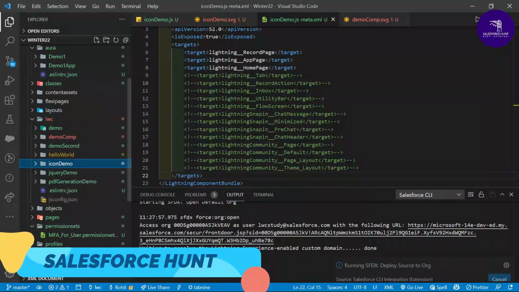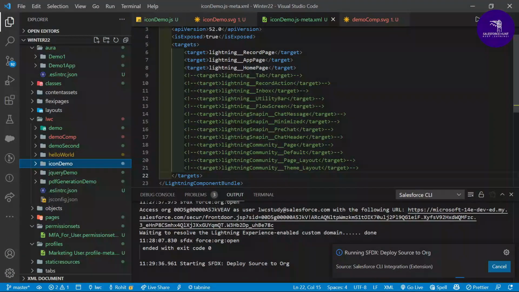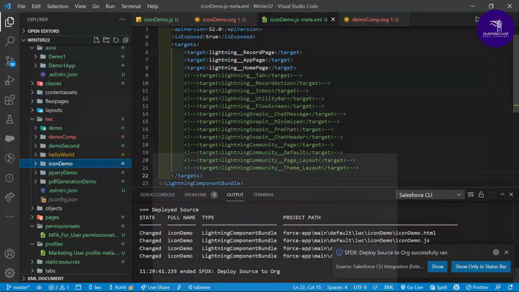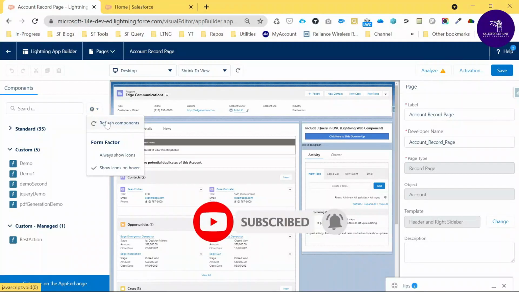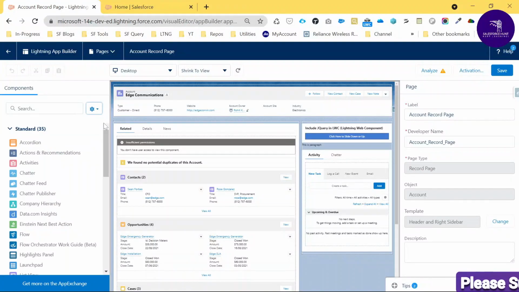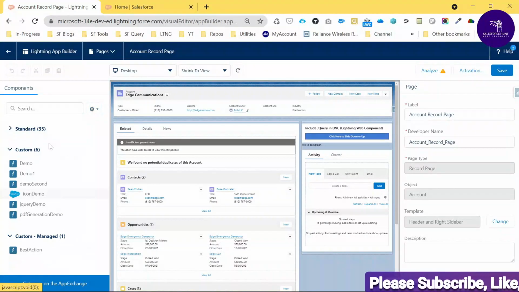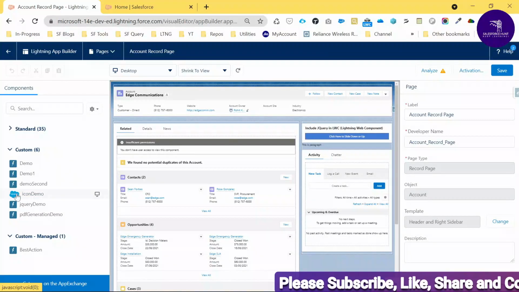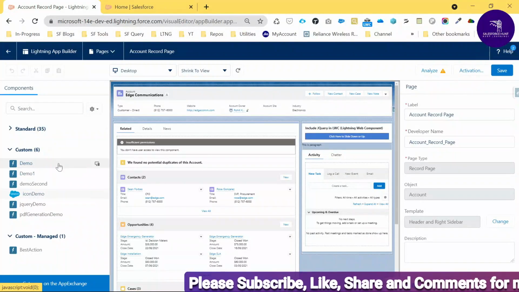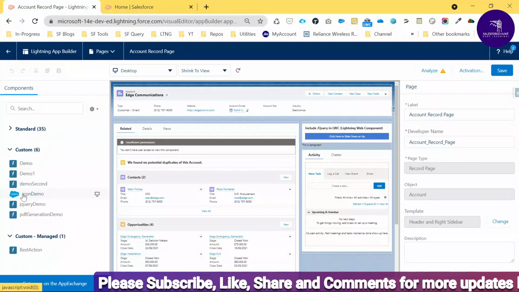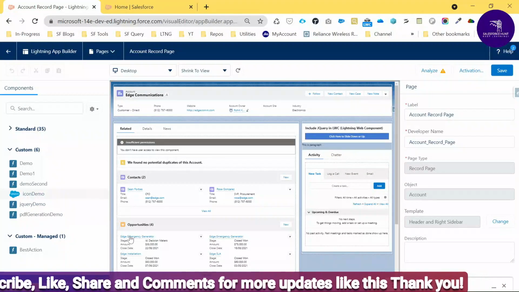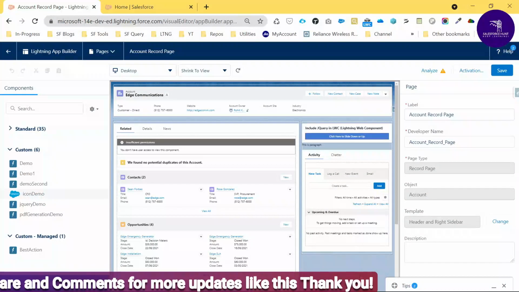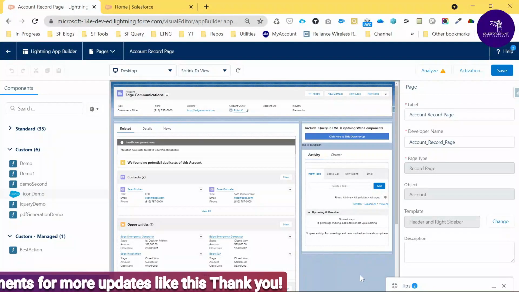Just deploy here like that, and now you have successfully deployed. Now it's time to refresh this page or refresh this component. Just click this gear icon, and you can see one option, refresh component. Just refresh this one, and here you can see my new component with the new icon, like Salesforce, right? So here you can see this is a different component from the others, these all have the same icon, and this is a different icon.